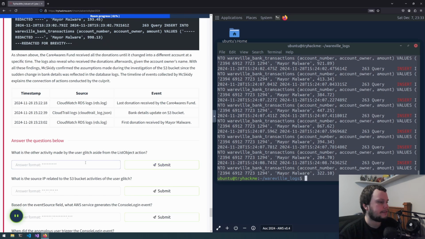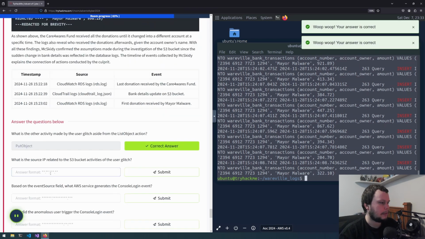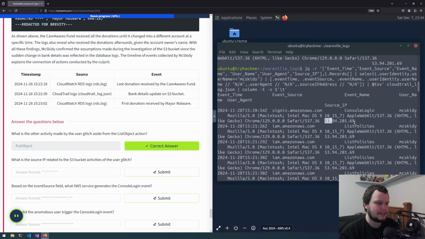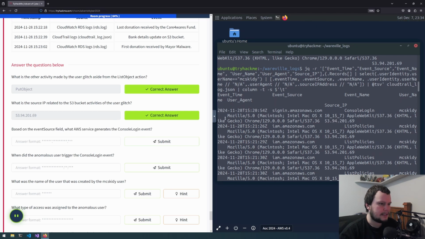What is the other activity made by the user glitch aside from the list object? Was it put object? Put object. What is the source IP related to the S3 bucket actions of the user glitch? So if we scroll back up, it's this IP address starting with 53. So 53.94.201.69. Based on the event source field, what AWS service generates the console log event? That is